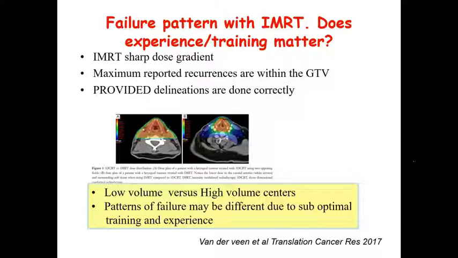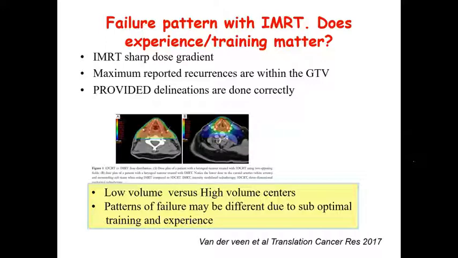A lot of us practice IMRT. We know it has a sharp dose gradient, so that is to our advantage. While it treats the tumors well, it also spares the normal tissues. But if the tumor is not located within the IMRT zone that you are treating, then you are sure to have a miss. But when we look at the patterns of failure reports, we find that it is not these marginal misses that are reported, the miss that occurred because we missed delineating that part of the tumor. It is not the marginal miss, but it is the infield recurrences.